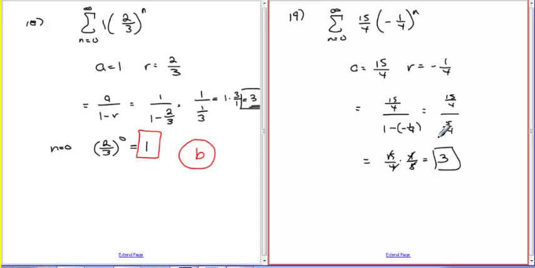F converges to 4. This one converges to 3. So we're going to do n equals 0, the first term, and you'll just get 15/4, because any number raised to the 0 power is 1. So 15/4 is a little bit less than 4. So that looks like A. So A bounces back, goes from 15/4, then it goes a little bit less than 3, and then it reasonably quickly approaches